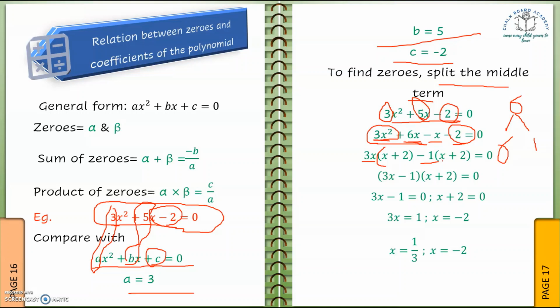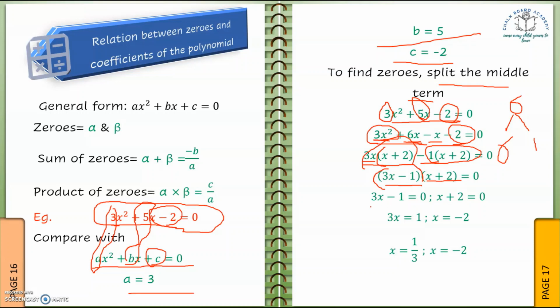So I got the answer as x plus 2, because minus has already been removed. So the equation becomes 3x minus 1. Again, this is also done by taking common. Now we have two terms, and out of these two terms, we can see x plus 2 is present in both. So we have taken x plus 2 common. The remainder left out here is 3x minus 1. So now 3x minus 1 into x plus 2 is equal to 0.